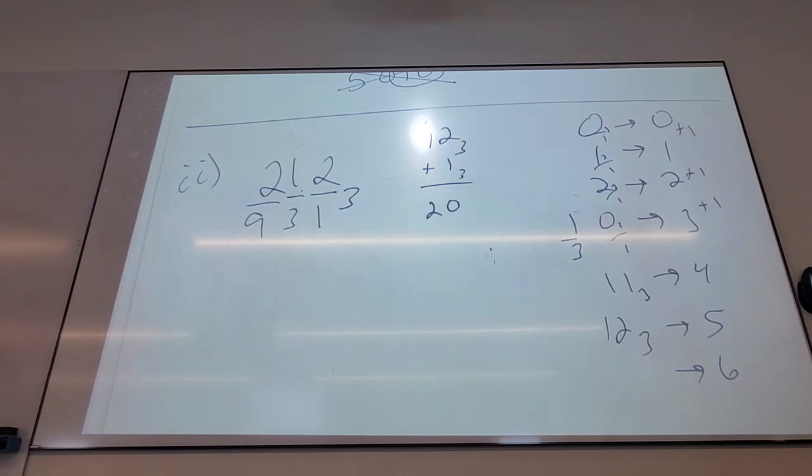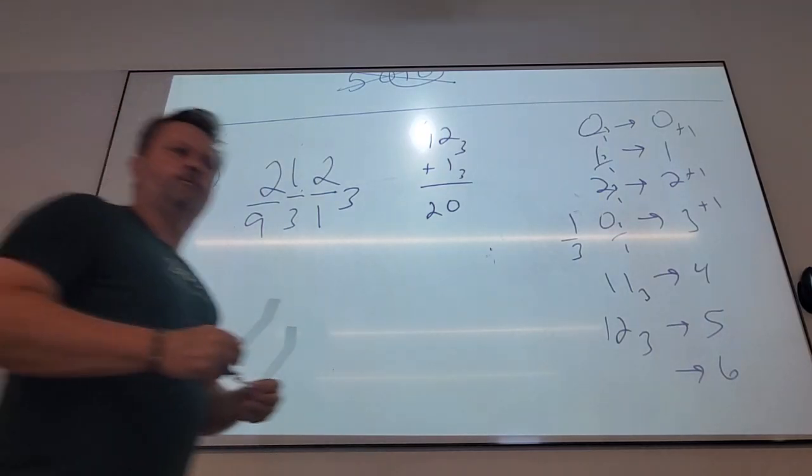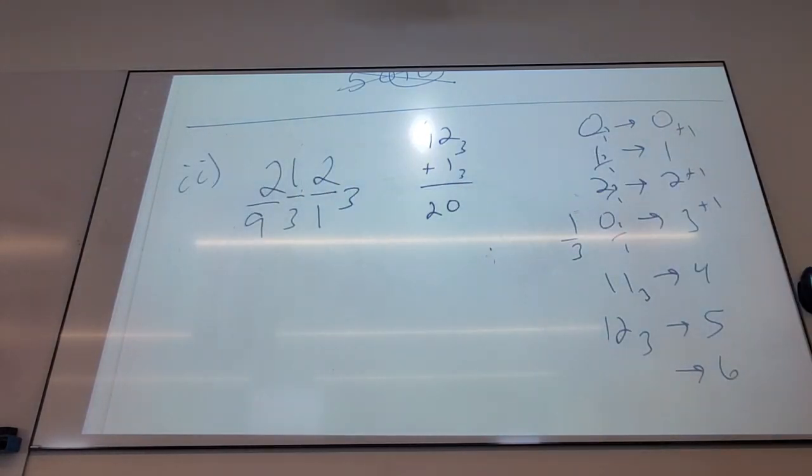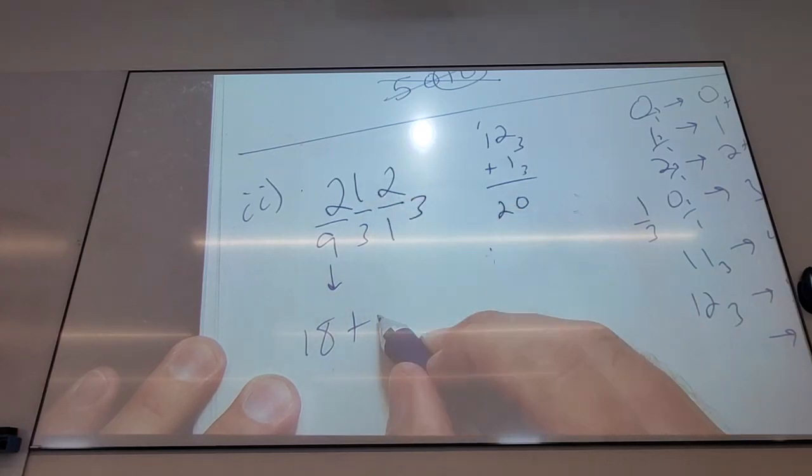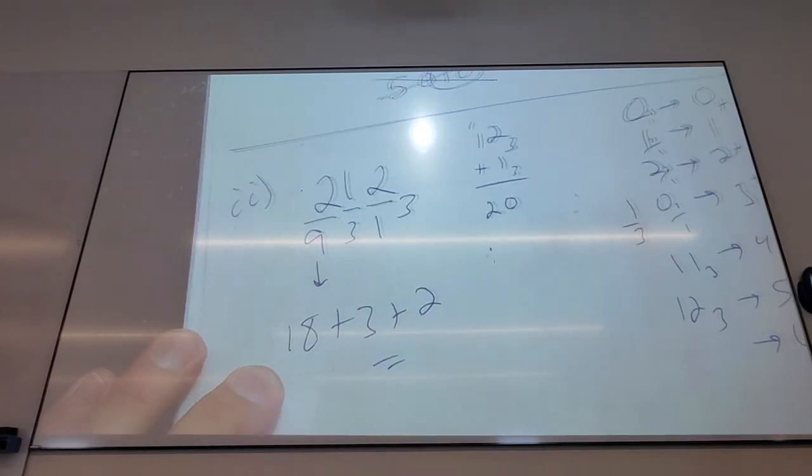So how do I build base 3? 1 times 3 is 3, times 3 is 9, times 3 is 27. But I only have 3 places, so I can stop there. You guys with me? So how do I piece that back together into a base 10 number? I have how many nines? 2 nines plus 1 three plus 2 ones, and that would be